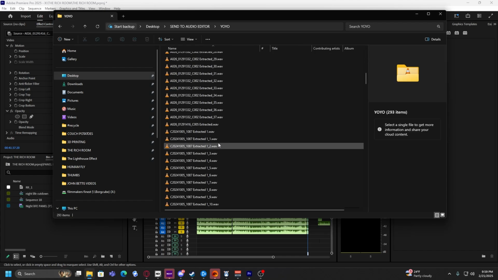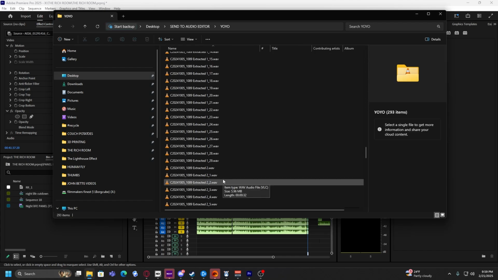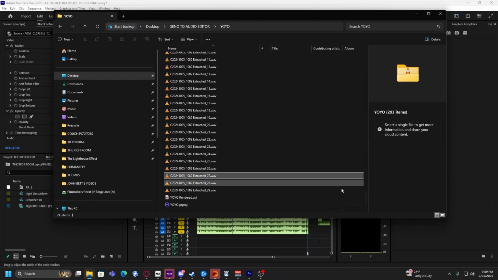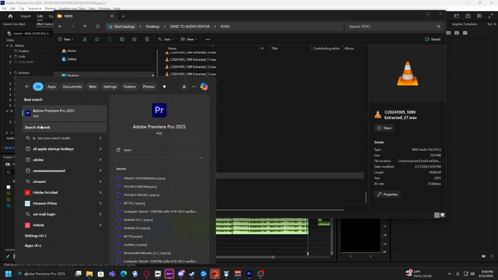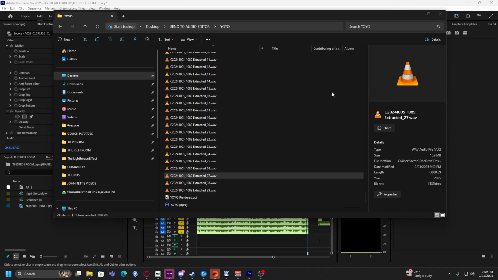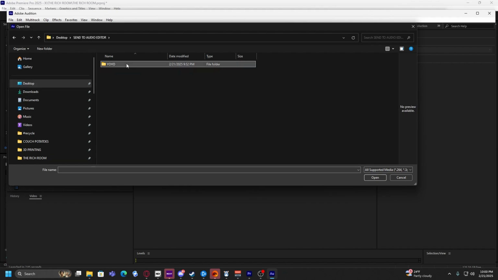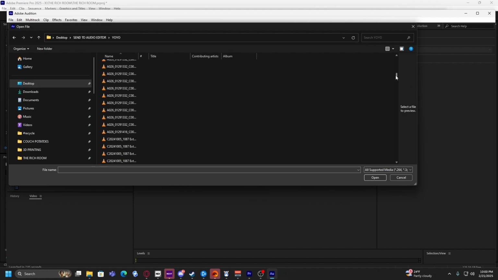Okay, so just to make sure that this is working for your audio editor, I always like to try to open it in Audition myself. So pretty much open Audition, go to desktop, go to that folder, then you can click on the project file, open,